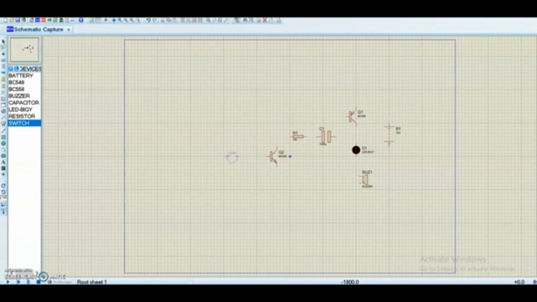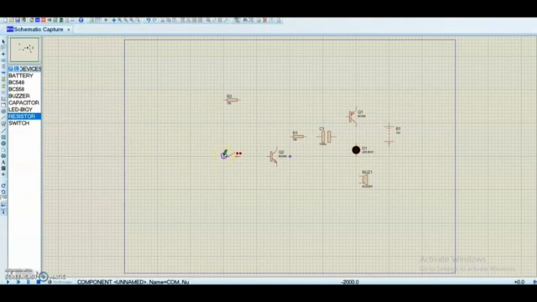And then the switch is connected. We cannot find the probe in the software, but the electrical behavior of the probe is similar to a normal switch. Then we can use a normal switch. Then again a resistor is used.